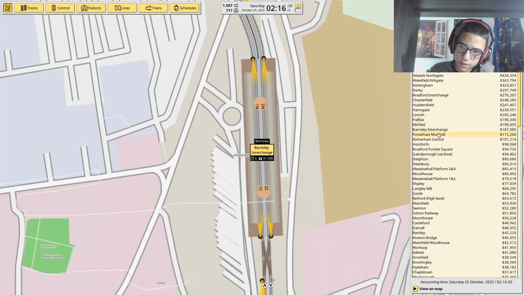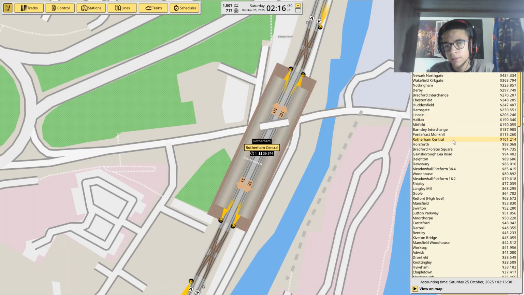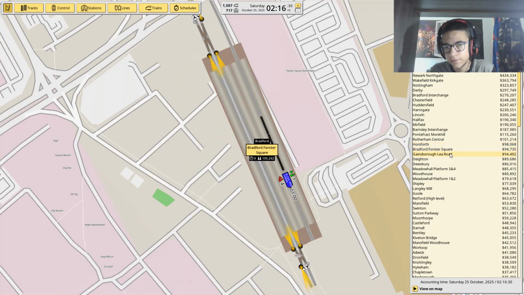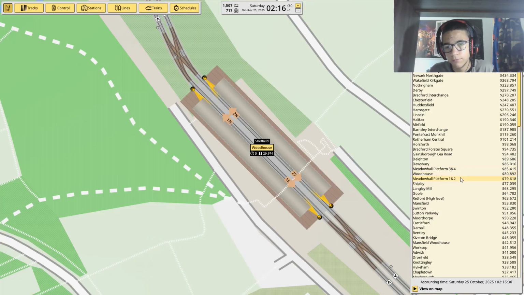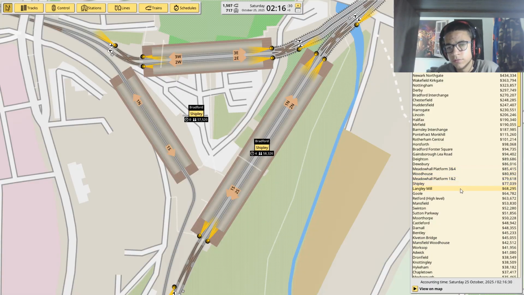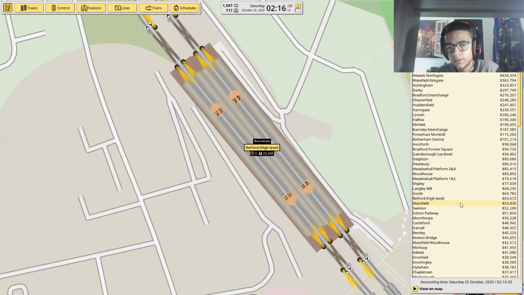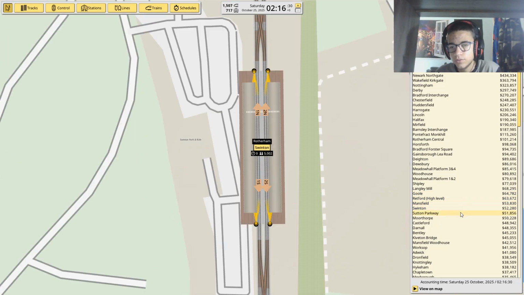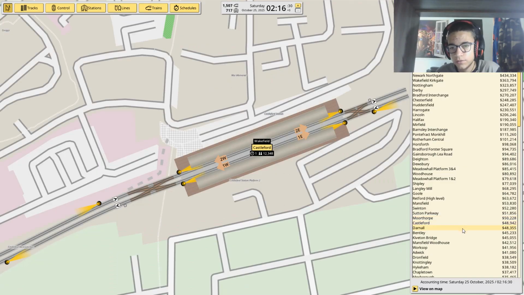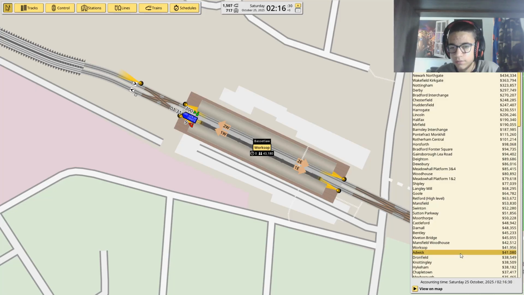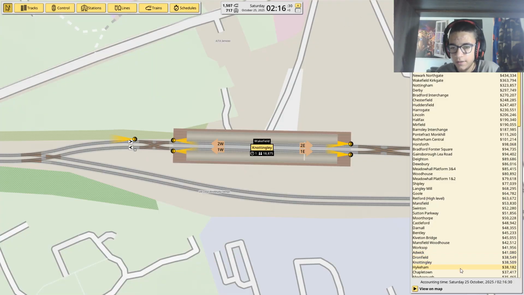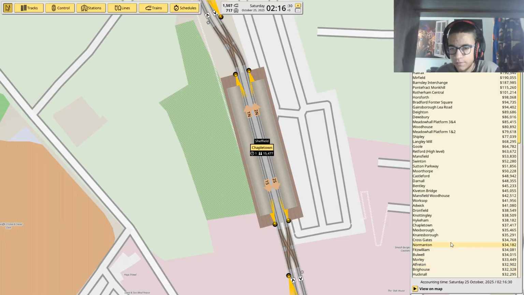Mirfield, Barnsley Interchange, Pontefract Monkhill, Rotherham Central, Horsforth, Bradford Foster Square, Gainsborough Lea Road, Deighton, Dewsbury, Meadowhall 3 and 4, Woodhouse, Meadowhall 1 and 2, Shipley, Langley Mill, Goole, Retford, Lowell, High Level, Mansfield, Swinton, Sutton Parkway, Morthorpe, Castleford, Darnall, Bentley, Covington Bridge, Mansfield Woodhouse, York, Worksop, Adwick, Dronfield, Headingley, Highcombe, Chapeltown,